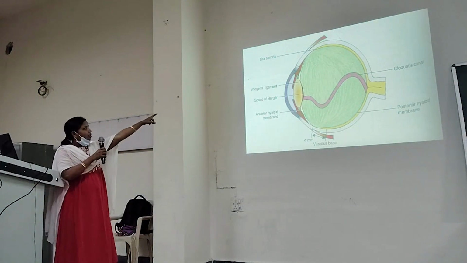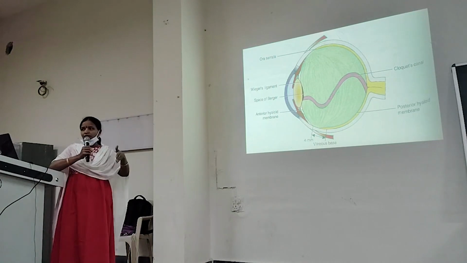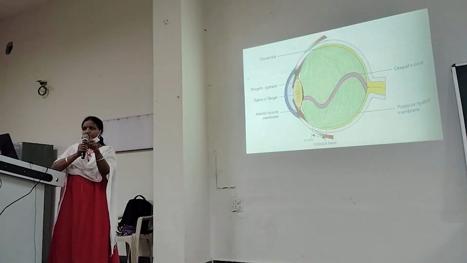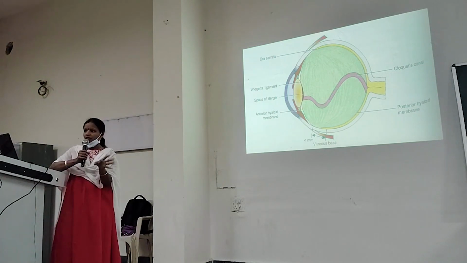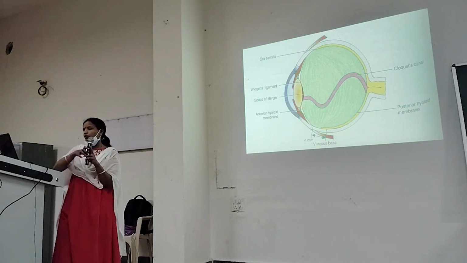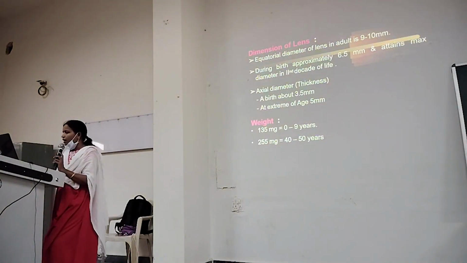The circular portion. See, this is a cross-sectional image. Lens is not like this. So lens will be spherical only. The surrounding border of the lens we call it as equator. The equatorial diameter is around 9 to 10 mm, and lens is the only structure in the entire body